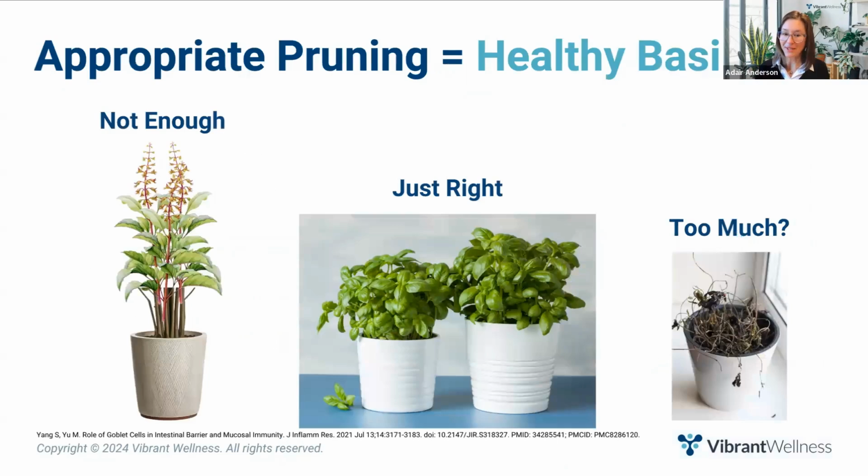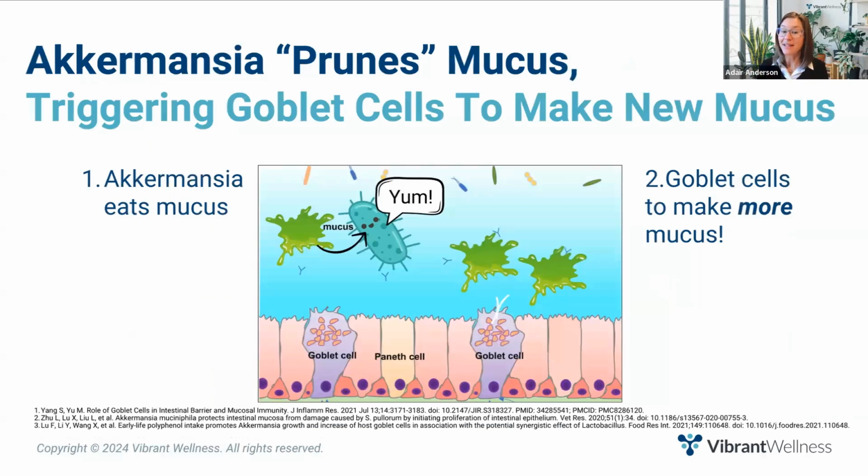If you forget to prune your basil, the plant goes into the senescent stage of life. Instead of continuously producing young, supple, delicious leaves, the basil stem becomes really woody, the plant starts to flower, and the leaves become old, tough, and bitter, really not good for eating. However, if you regularly trim your basil plant, it will continuously produce those tender, young, delicious leaves. And of course, you don't want to over-harvest your basil, as it will die without leaves, so there's definitely a balance. In a similar way, Akkermansia eating mucin triggers your goblet cells to create new, robust, supple mucin.